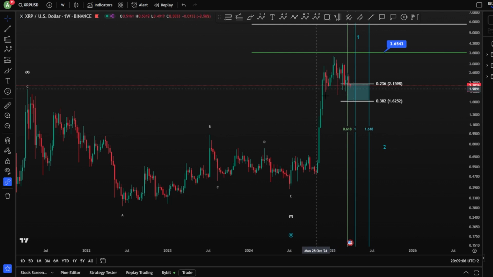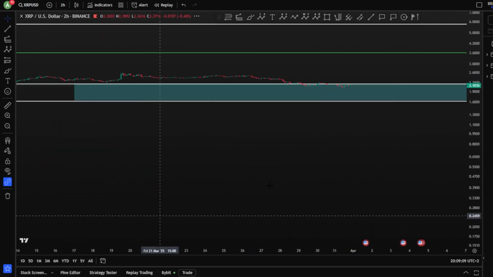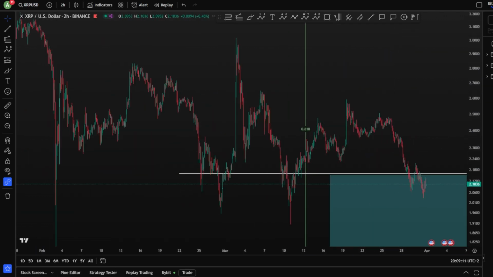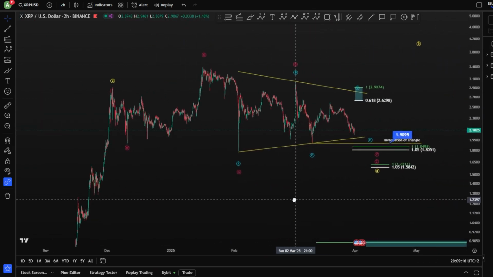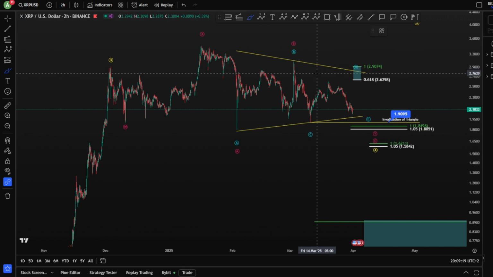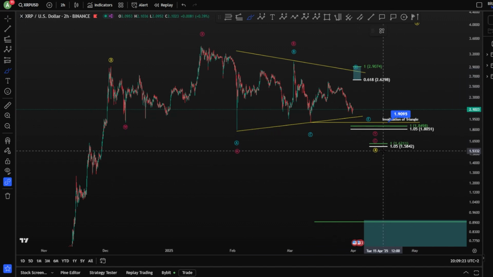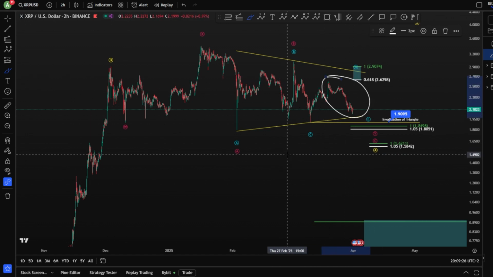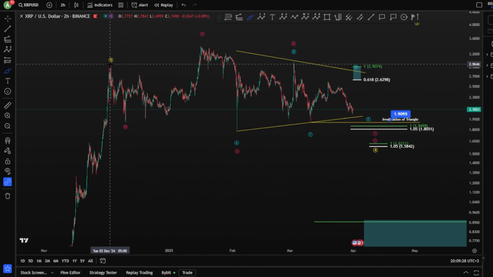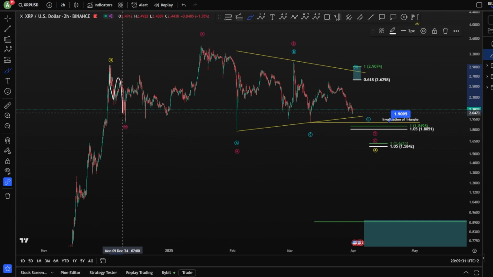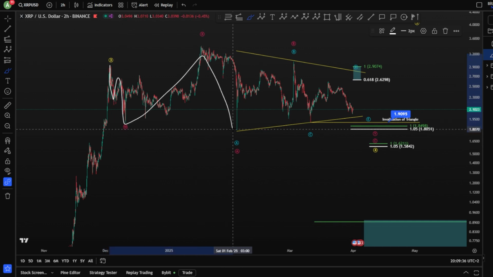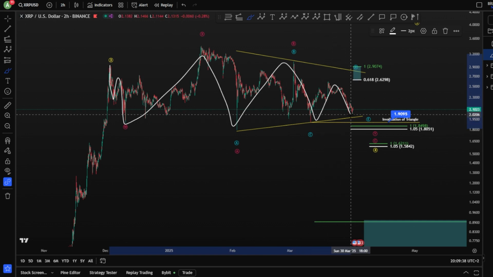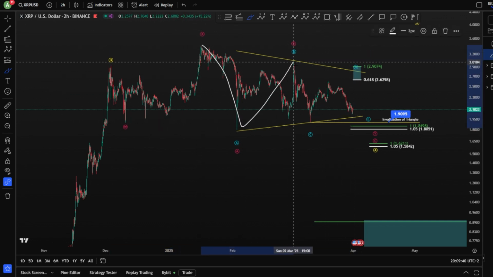Now, inside this wave 4, if we move to the 2 hours chart here, we can see the following scenarios unfolding. We have several scenarios here, and because of the alternation as well, it brought me the idea of what if we move a little bit deeper, and also because of the impulse that I'm looking at exactly in this area. Now, our highest possibility was an A and then B, or WX and a Y. You're looking for a wave Y, a triangle here as an A, B, C, D, and